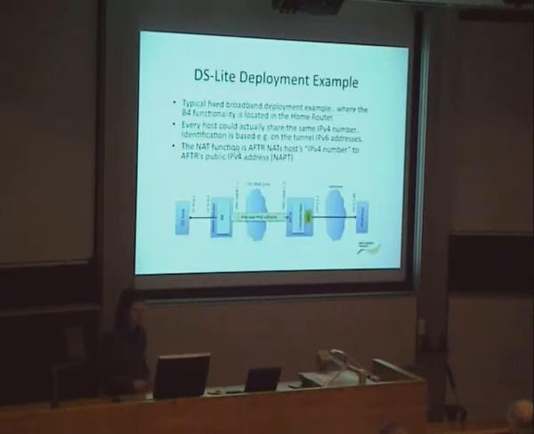So here's a simple example of a DS-Lite deployment. So internet, then you have your large NAT and DS-Lite with your IPv6 home core network, you handle everything there with your home router, and all this mapping and state keeping is based on your tunnel identifier. Your tunnel identifier is the IPv6 address of the